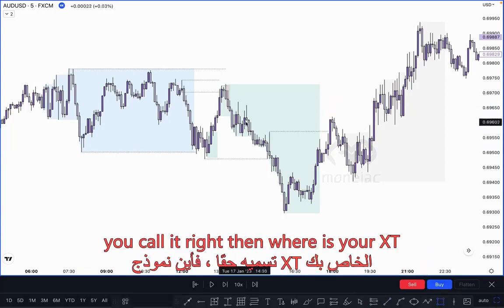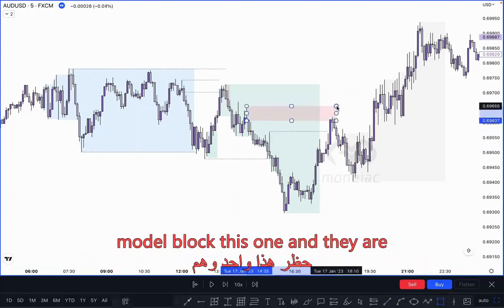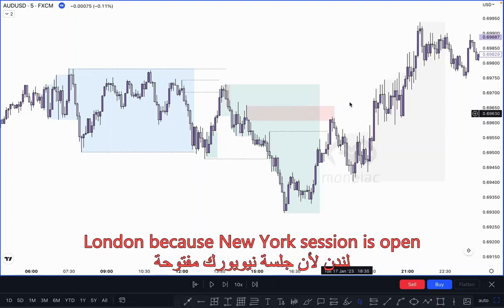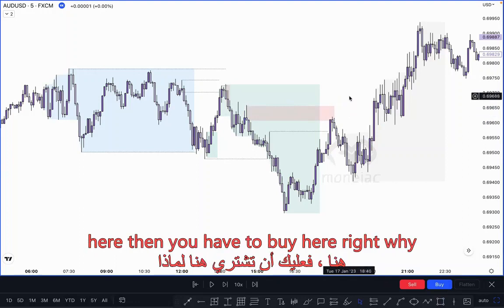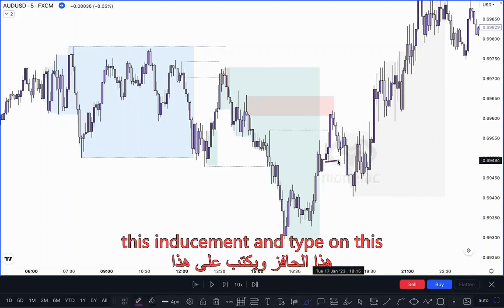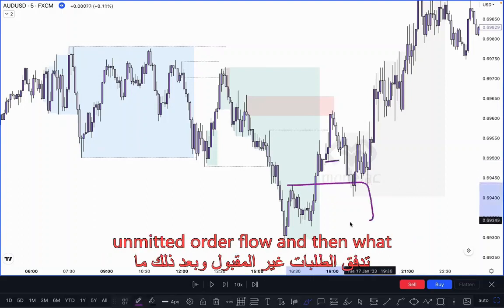Right? Then where is your extreme order block? This one, and they are interested here for sell. But what happened here? This is not valid because the New York session is open here. Then you have to buy here, right? Why? Because you can see the market has taken out this inducement and tapped on this unmitigated order flow, and then